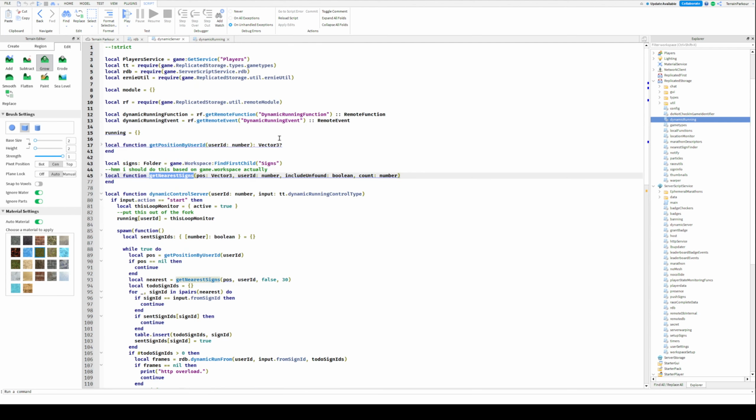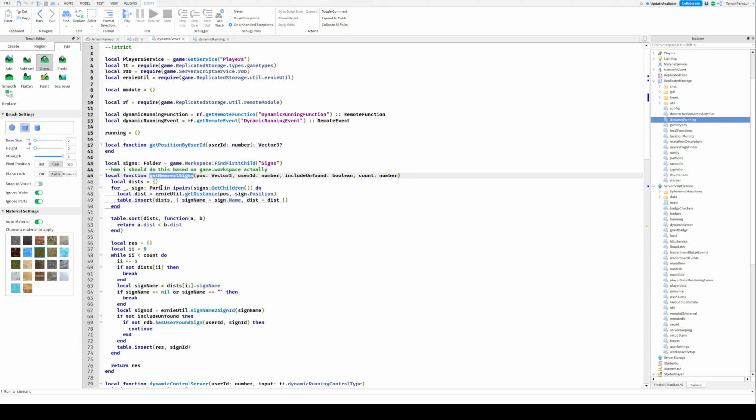Well, let's look at get nearest signs. I do this in a really dumb way, but it turns out to take no time. For every sign, I calculate the distance from where the player currently is. Then I sort them. Then I pop the top 30 off, excluding ones the user has found. So this is like n log n,